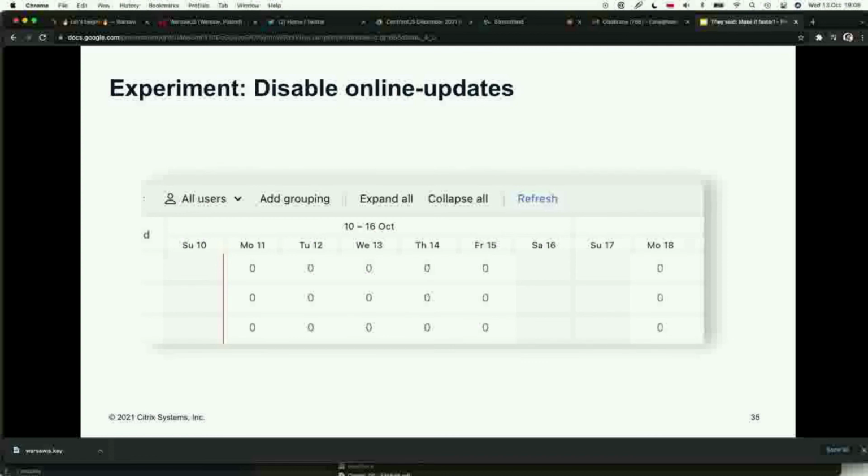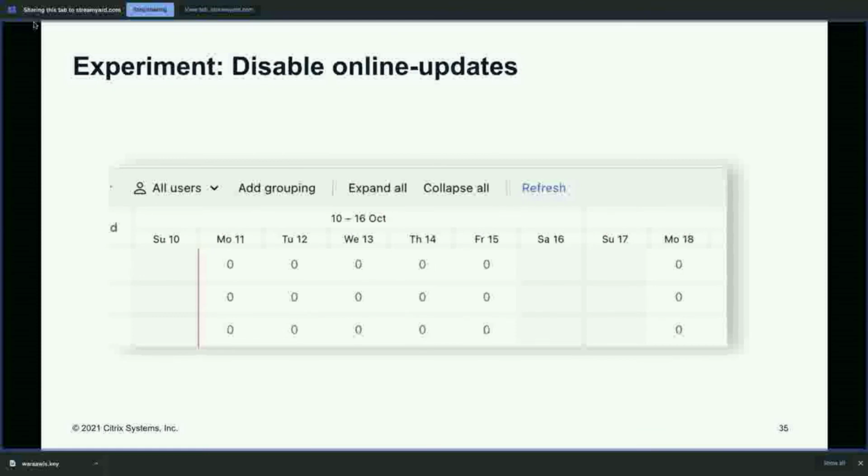And in our own account, we also have pretty many users. So we enabled this feature for our own account. After that, we tried to generate these online updates by ourselves.